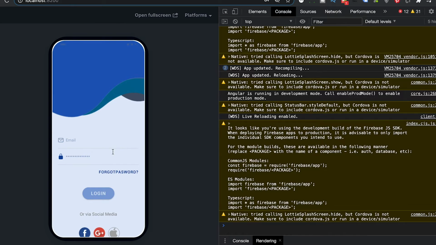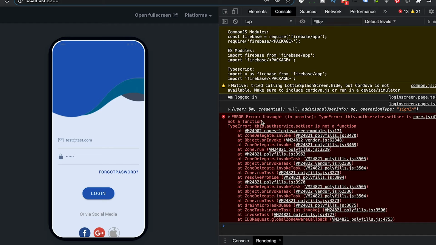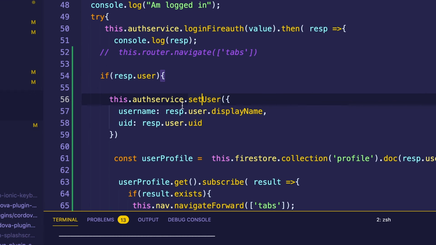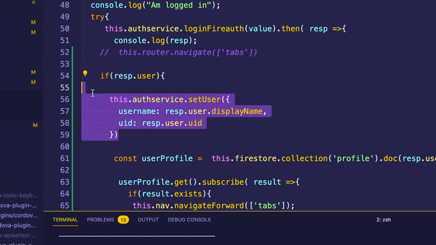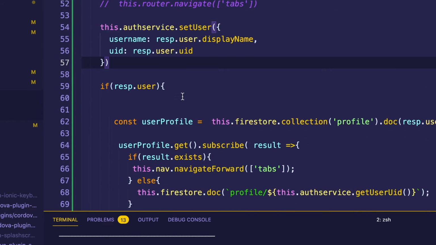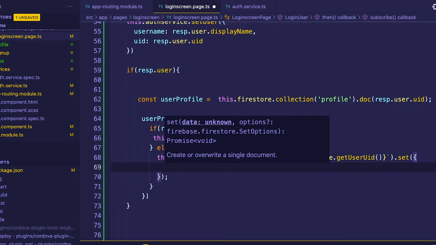So we'll go to login page, then here we'll put in test@test.com, then put in password, that one. So we log in. We are getting an error, unquote, set user is not a function. Okay, let's go and fix that. Let's just move this code out of this function. So we'll just put it just above here,